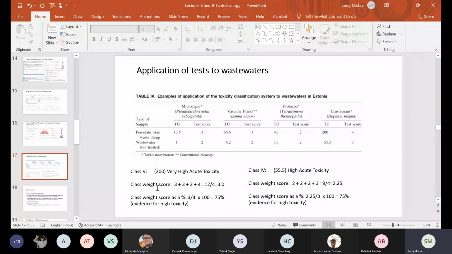The class weight score is calculated the same way. So you have a 3 plus 3, 6 plus 2, 8 plus 4, that is 12. 12 divided by 4, so 3, and then the class weight score is the average divided by